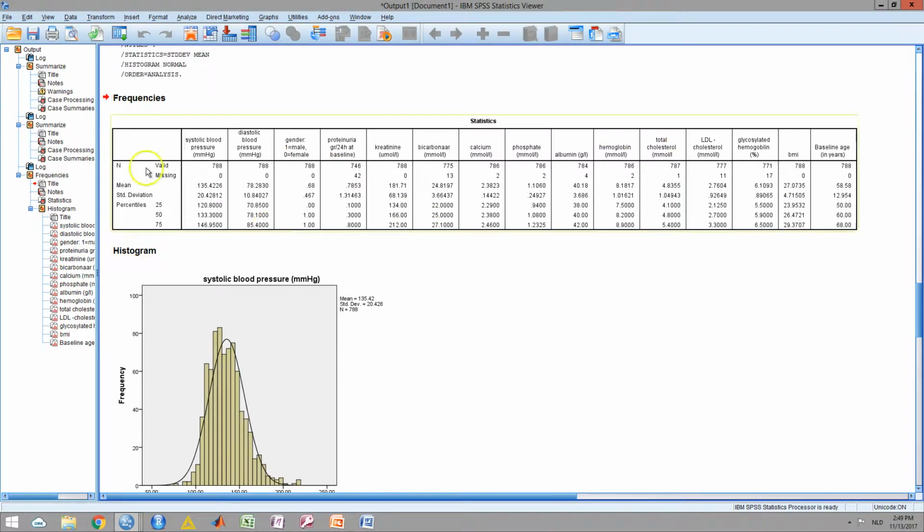So this is our first results, the tables. We see we have 788 values for most variables, not for all variables. There are some missings. And we see, for instance, that the mean systolic blood pressure is 135 millimeters of mercury, and the median is 133, which is an indication that the systolic blood pressure is kind of normally distributed. For serum creatinine, the mean is 181, whereas the median is somewhat lower, indicating that this might be